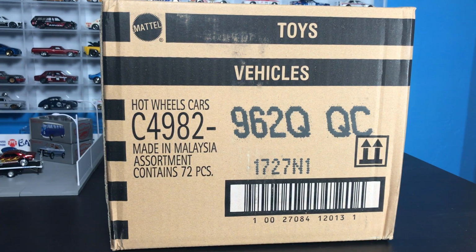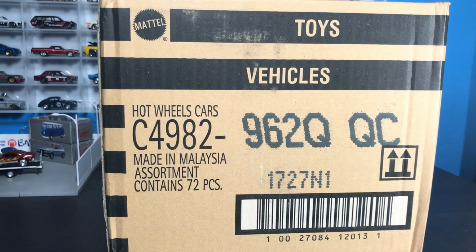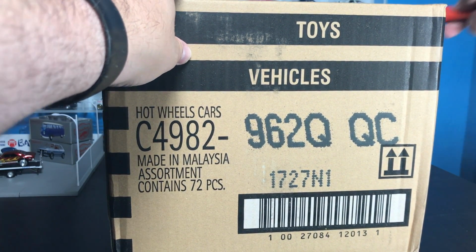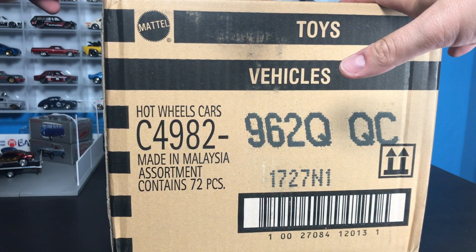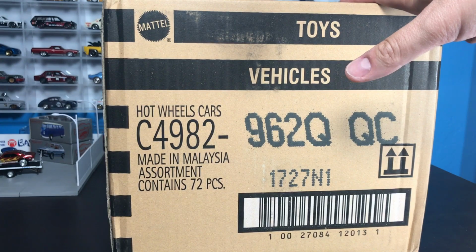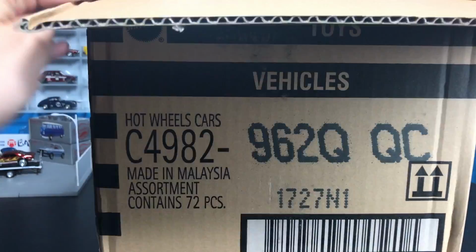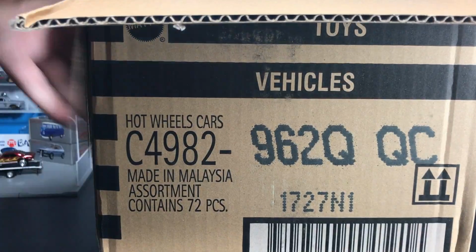So we're jumping into that, even though this will not be in stores tomorrow. You'd have to get it through A&J Toys, or any other dealer, but it's coming, and then we will be into 2018. So let's cut this one open. Maybe we'll do a US case one of these days, in the coming weeks, if A&J gets one and sends it over. For now, we are going to look at the international case. Those are the ones that tend to come first. So let's see what is in the final case of